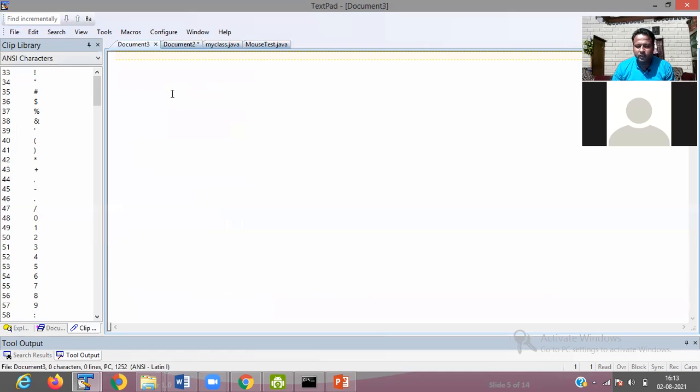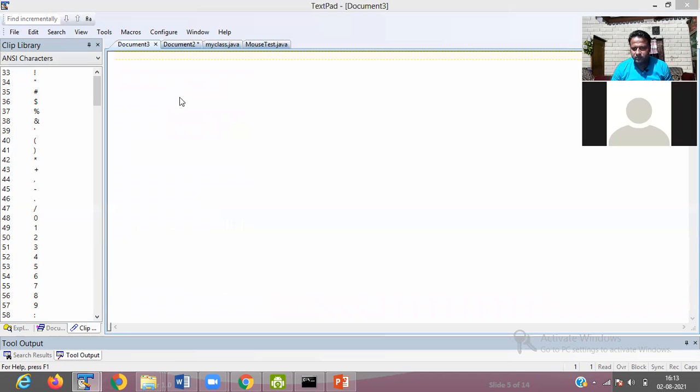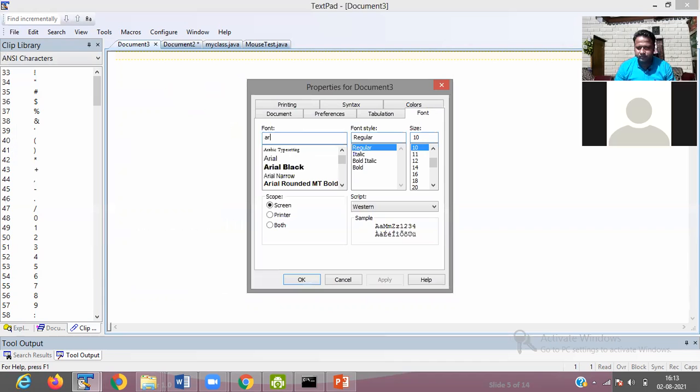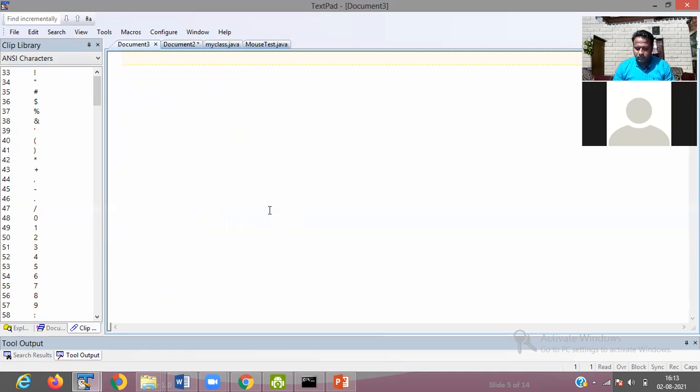So I have to take a number. Import java.util.Scanner.